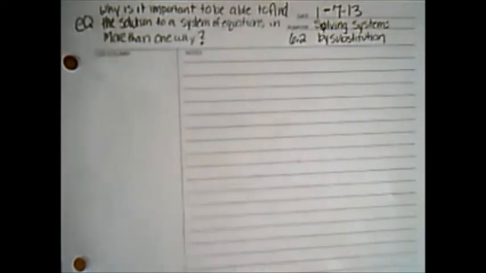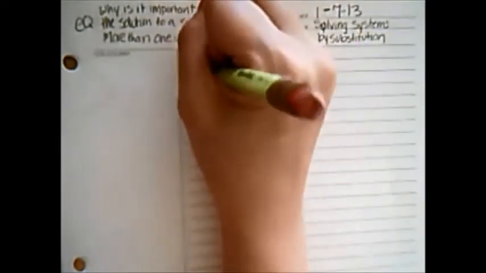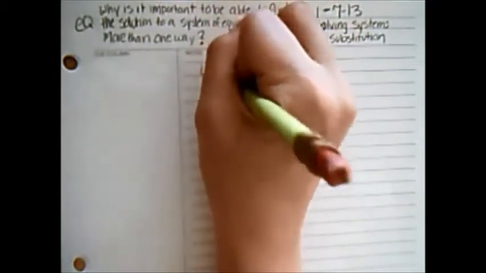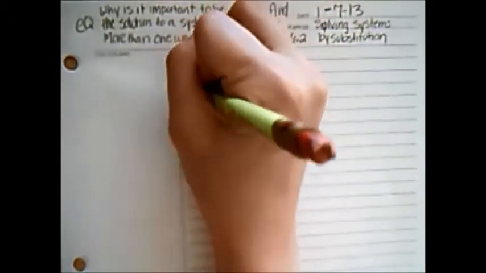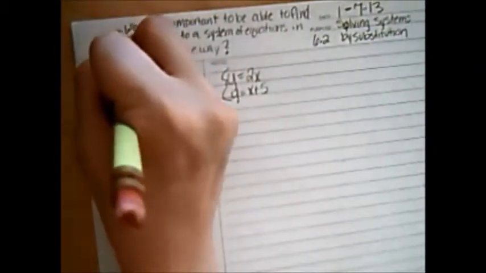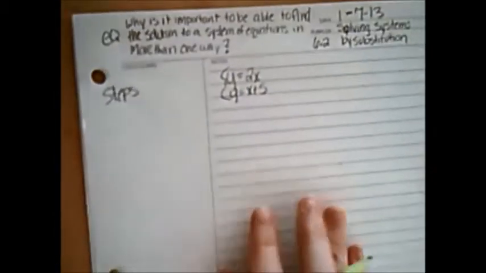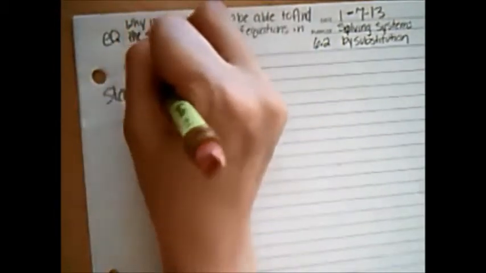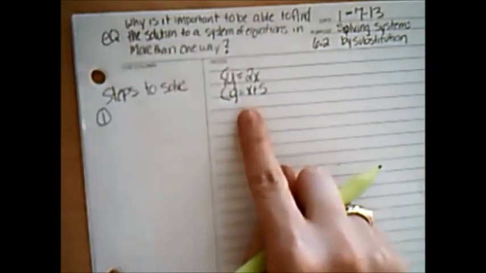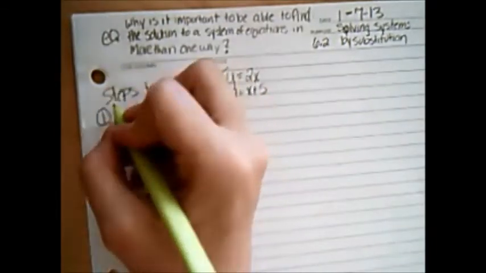So our first one that we're going to use is going to be y equals 2x and y equals x plus 5. This is going to be our first system that we do. Now our steps to solve: the first step has actually already been done for you in this problem. This first step is